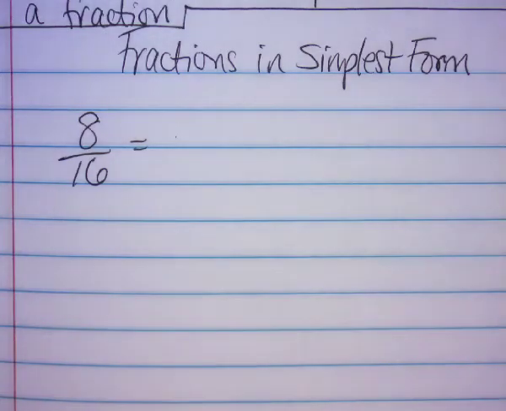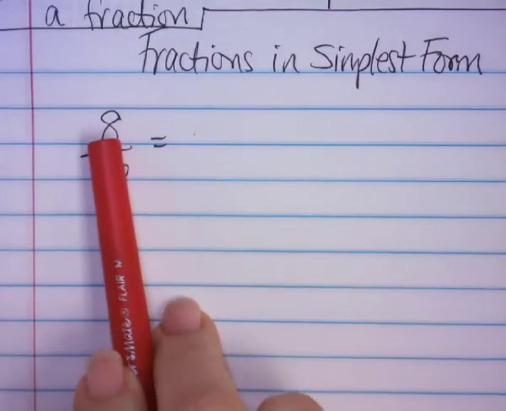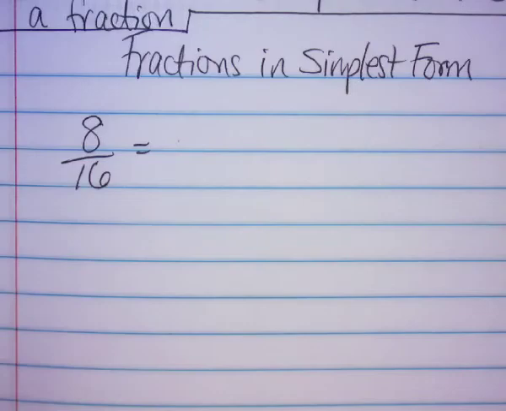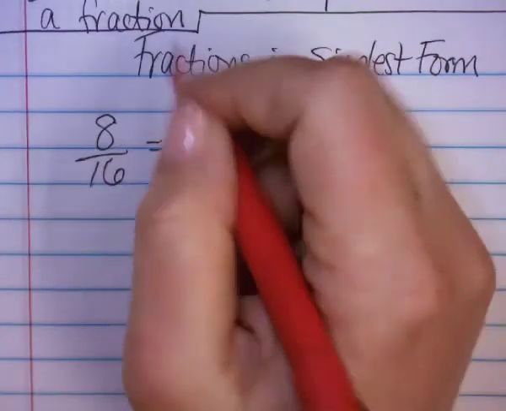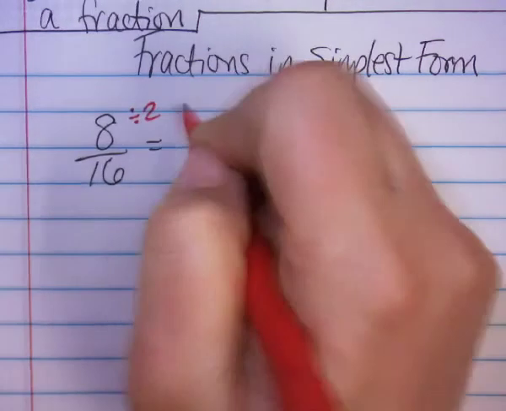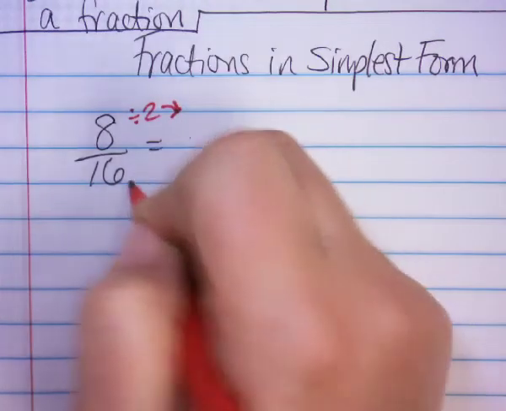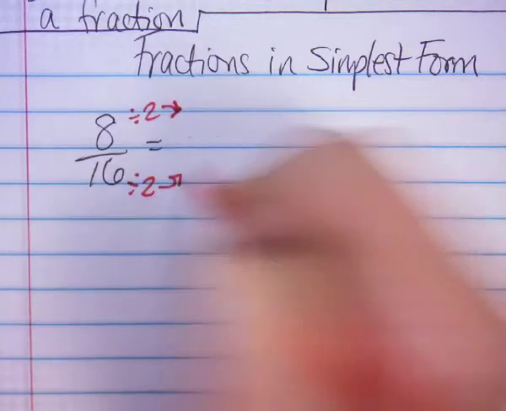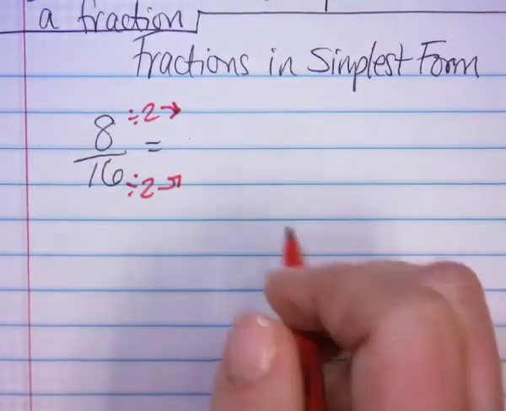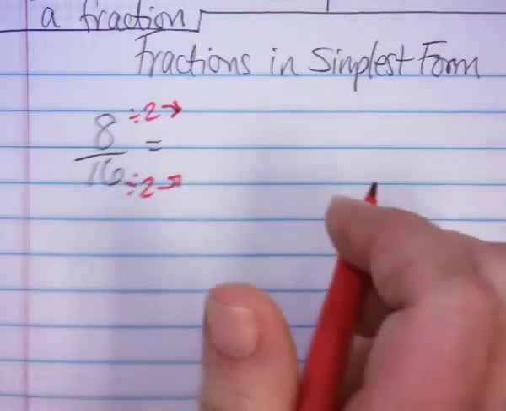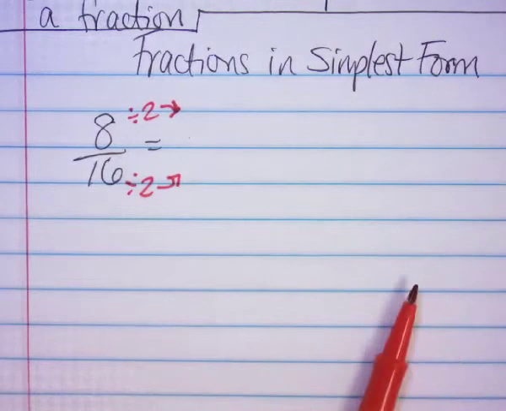So, let's talk about what we're going to do here. First of all, you have to see what is going to divide into both numbers. So, Will, what did you say? 4/8. Well, yeah, but you said at first, let's divide by 2. Now, if I'm going to divide the numerator by 2, I also have to do what by 2? The denominator. Divide the denominator. Good. So then I'm going to get